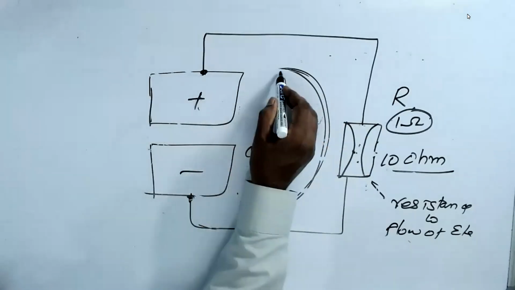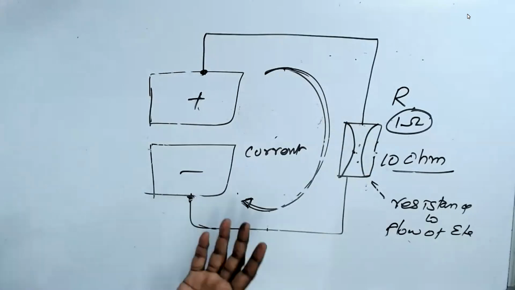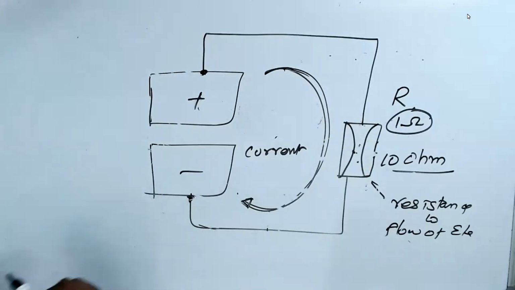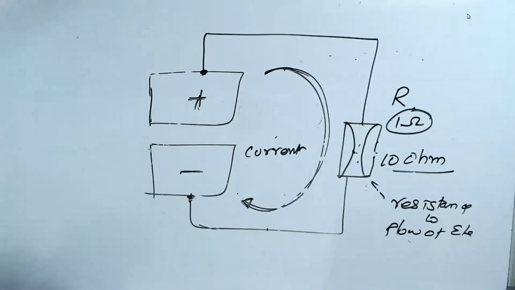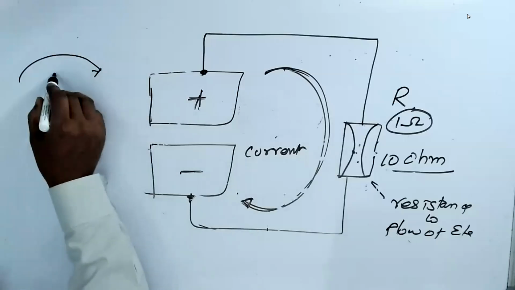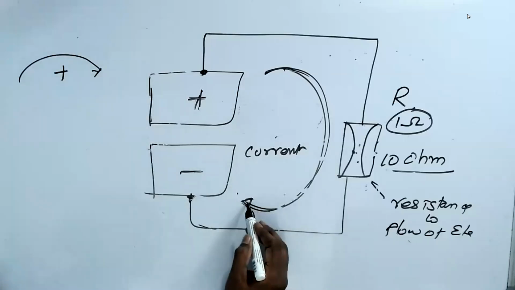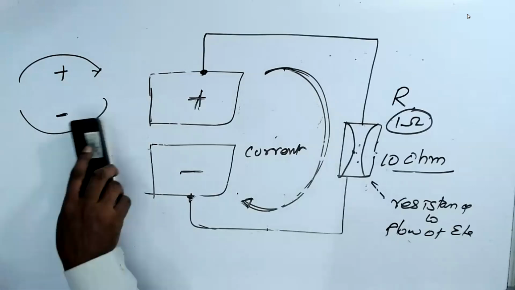I want to give you this information because sometimes we get confused about how the electrons move. There's no phase and dot here. There's nothing called phase here at all. The one which has more electrons is negative. The one which has fewer electrons is positive. If you take the reference of electron current from here to here as plus, then the current going from negative to positive is negative. If you call it that, that's the phase, that's fine.